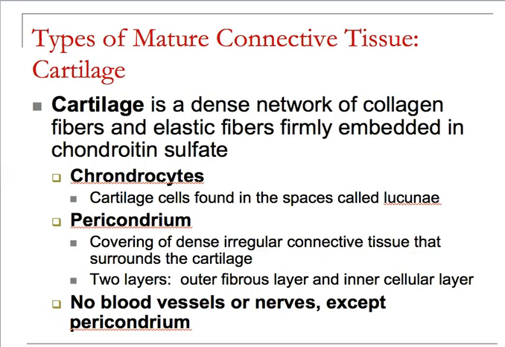So we're going to move on now to the mature connective tissues, which we call collectively cartilages. And here you're going to see that cartilage is, of course, collagen. These are going to be chondroblasts. Remember, all blast-type cells make site-type cells, or site-type cells will derive from blast-type cells. And in this case, we're going to trap the mature cells. This little arrow right here. The mature cells are going to be the chondrocytes, but they're trapped inside the lacuna,